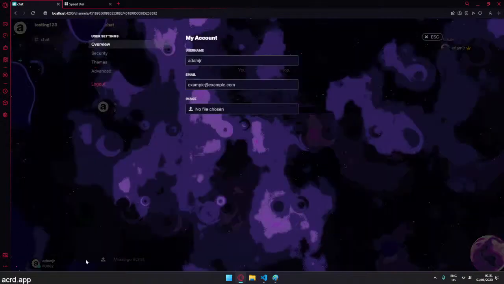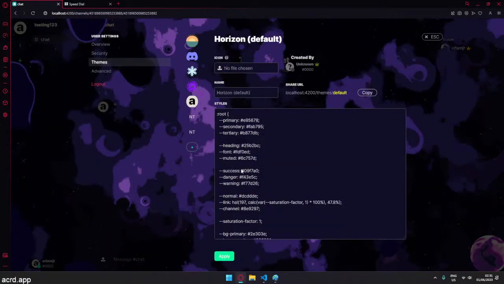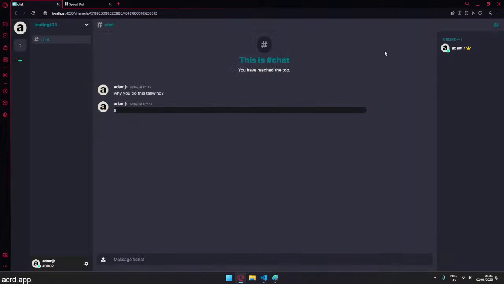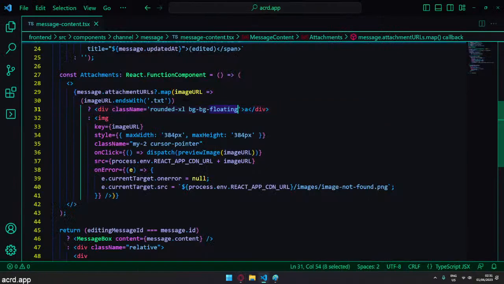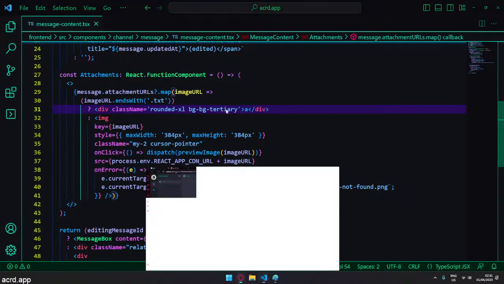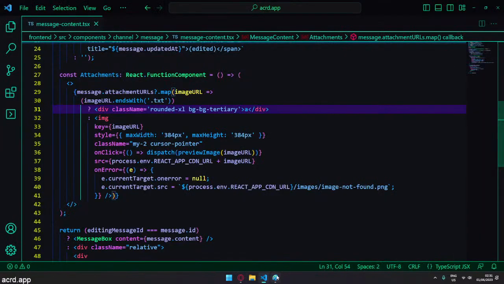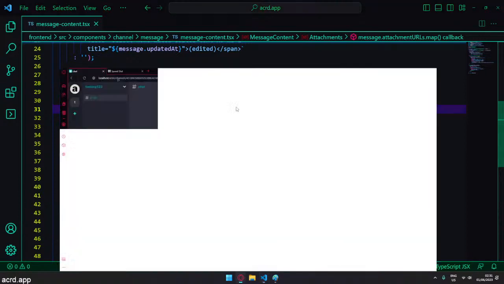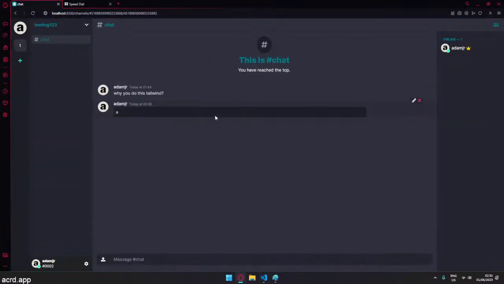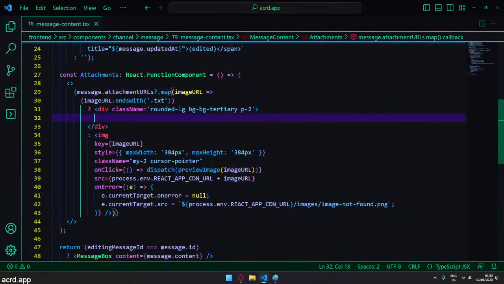I'm actually going to change theme so I can see it easily. So the theme, we have something like that. Tertiary, we'll just use. And then we'll actually